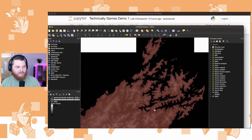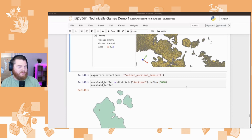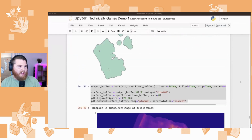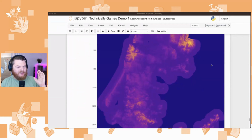And you can see this whole landmass is held together by this little piece here. So, at a small scale, it just doesn't really work so well. So to fix that, I added a buffer around all of Auckland, and well, actually every piece. This is a project that happens to every single district, and so you can see here now the height map with the buffer applied,